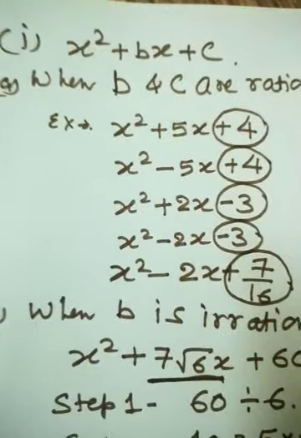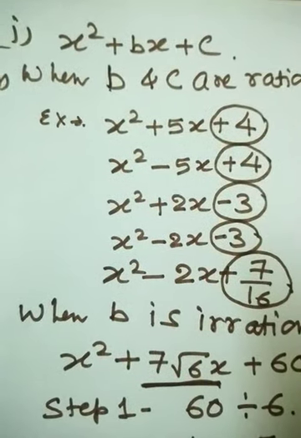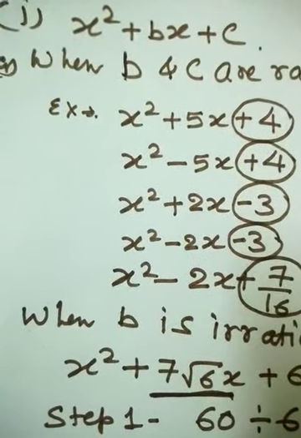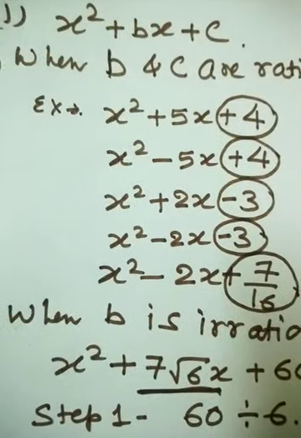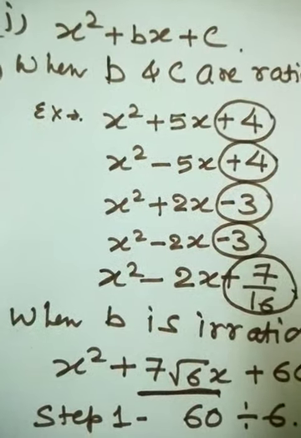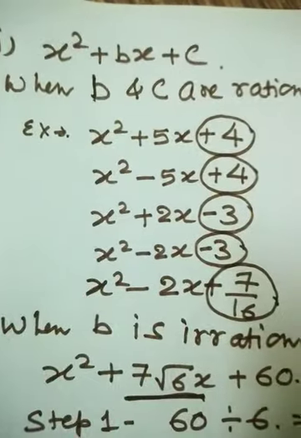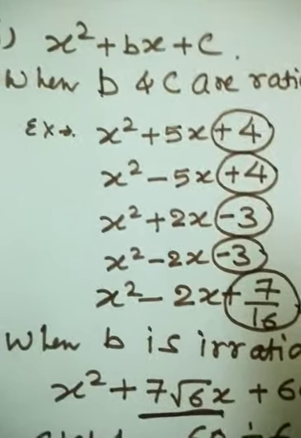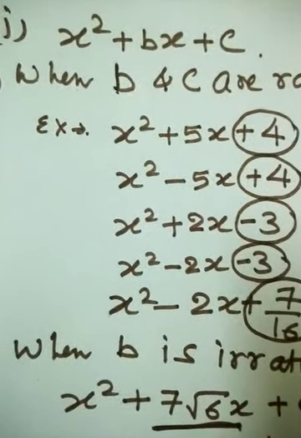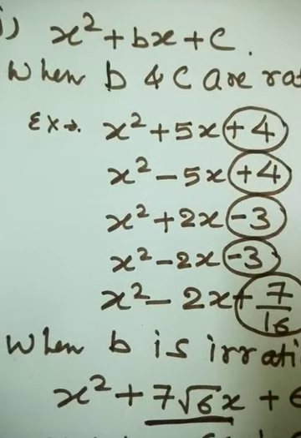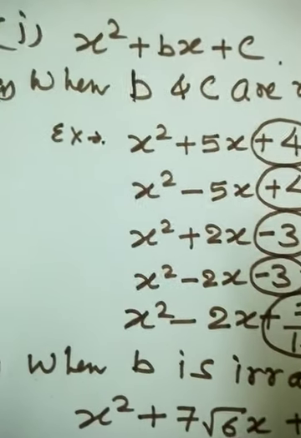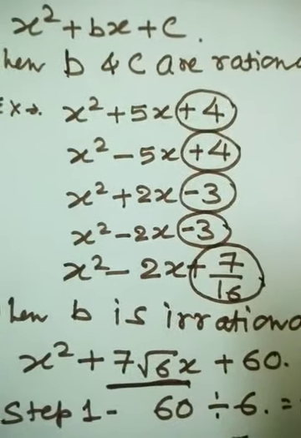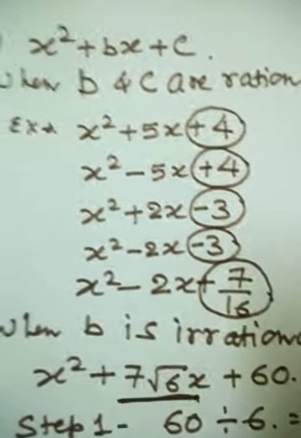If you face any problem in the factorization, then you can share your problems with me. Now see the last one, x square minus 2x plus 7 by 16. It is 7 by 16. So now the easiest way to solve this question is to take 16 as the LCM, and then the polynomial will be changed as 16x square minus 32x plus 7 by 16. That is, 16 will become the common denominator for all the terms, and we can easily factorize the numerator.